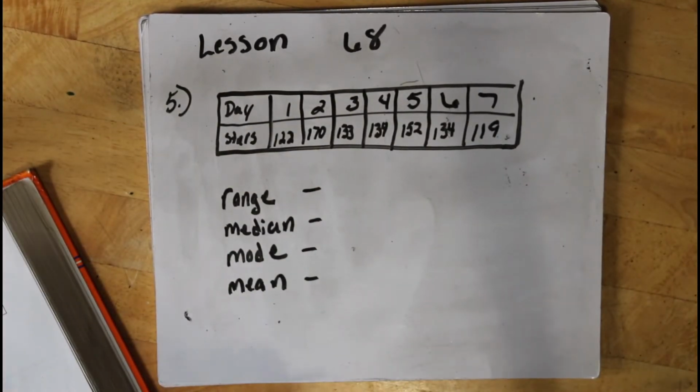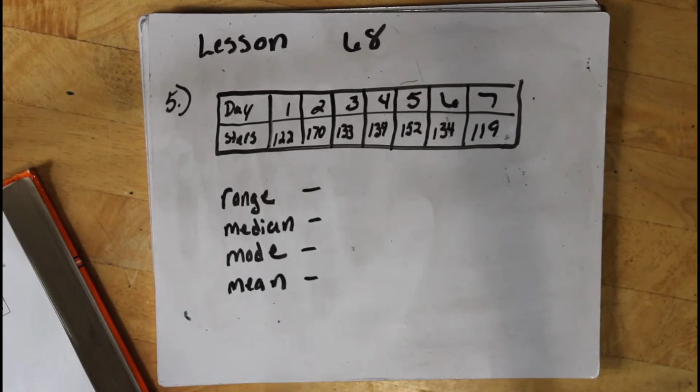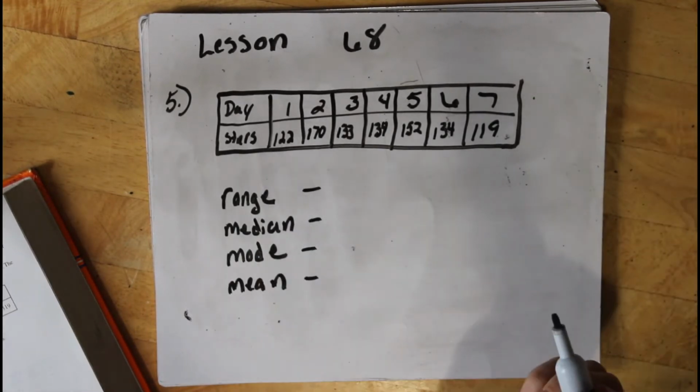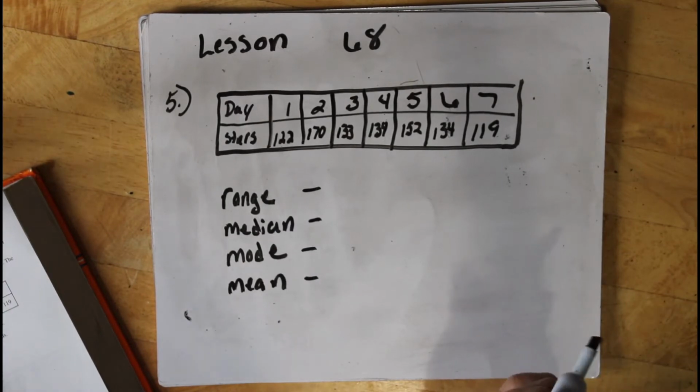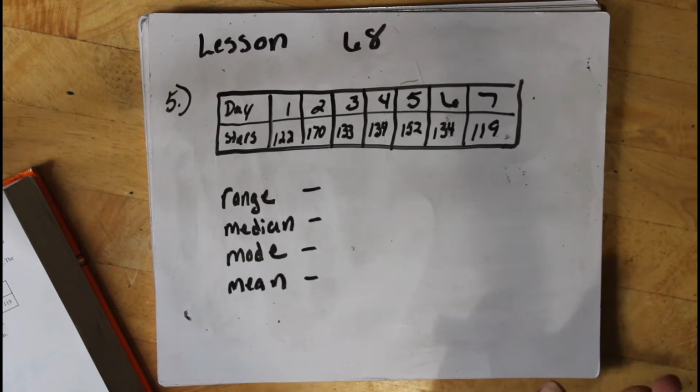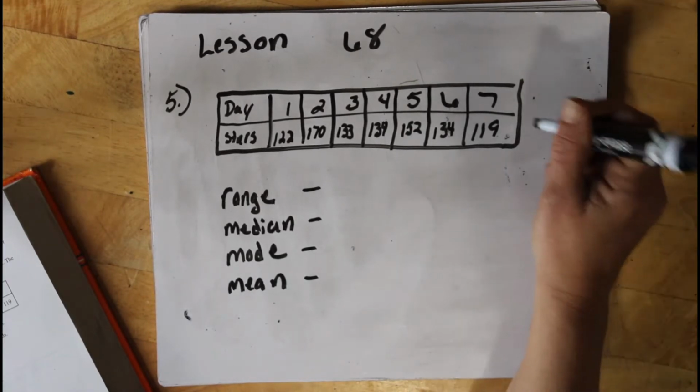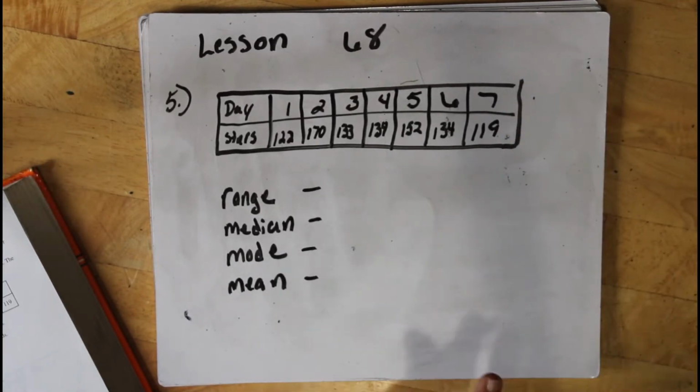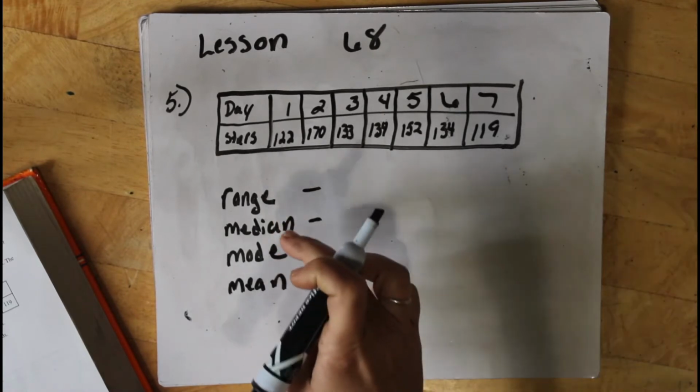Alright, so in this video, I'm going to be going over problems that you guys had questions with from lesson 68 and 69. The first one is lesson 68, so I'm on page 279, and it's number 5. The question is, Galileo counted the number of falling stars that he observed each night for 1 week. The data he collected is shown. So here is the data right there in that little chart, and we're supposed to find the range, median, mode,